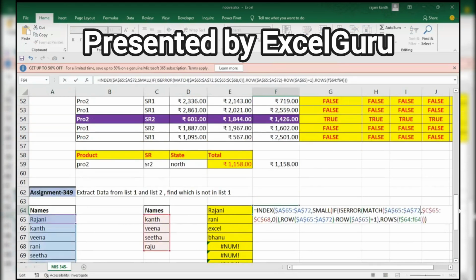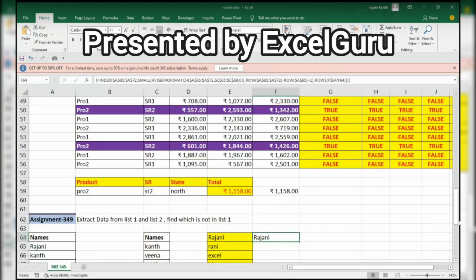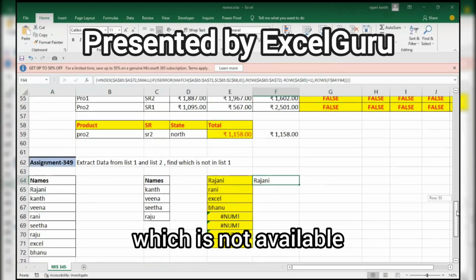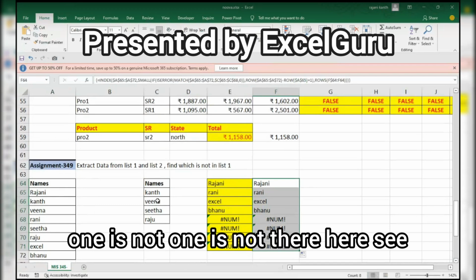$22, not 70. Okay. F9, then Control Shift Enter. I want to check which is not available in this range. Okay. One is not there here. See,